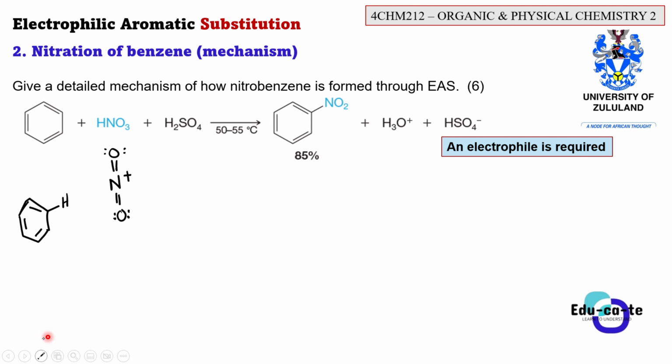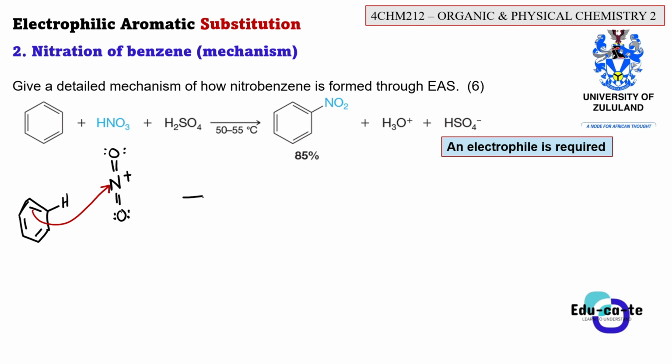Remember that the benzene ring uses one of its double bonds to bond with the electrophile. So basically, we take this bond, then we bond with this nitrogen. Instead of breaking other bonds, we only break the double bond that we are seeing here. Its electrons will be used to bond with the nitrogen, because this nitrogen is electrophilic. It's lacking electrons. It is having a shortage of electrons. So if we do that, we'll get the following result.